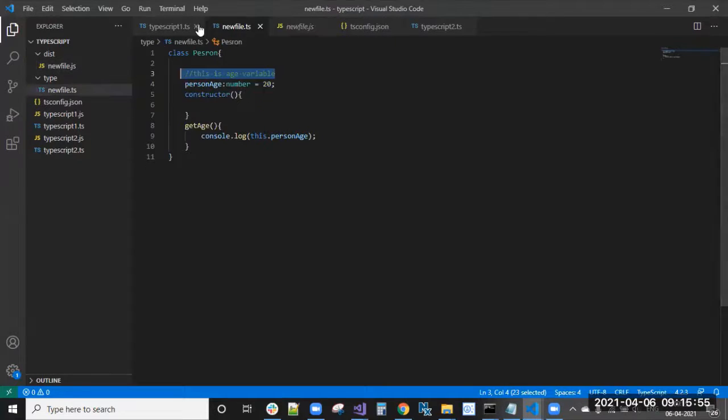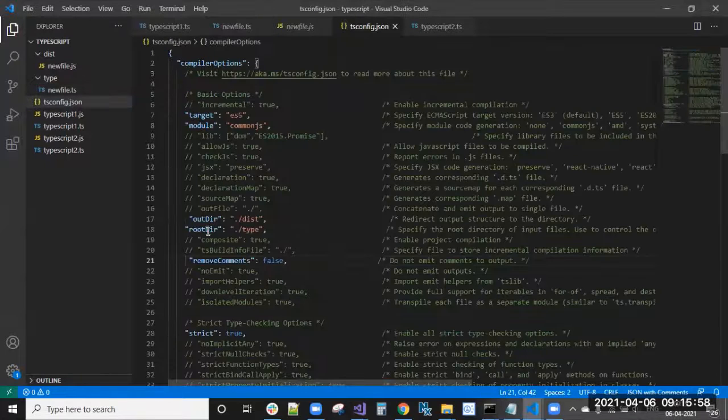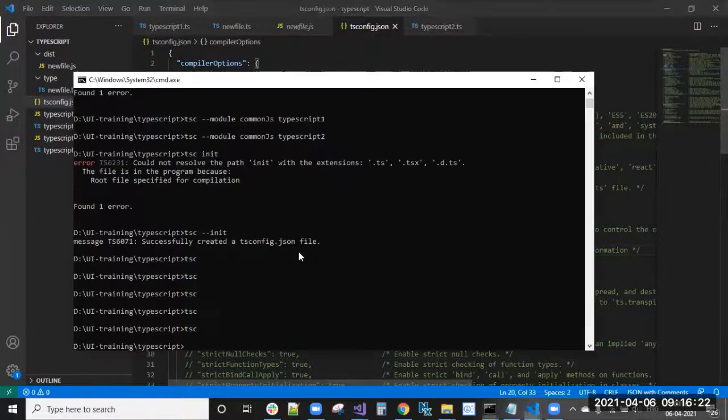So that is the option: remove comments true or remove comments false. We can keep it as true, because we don't want to read the JavaScript files. We already have the comments in the TypeScript file, so we don't need them in the generated file.